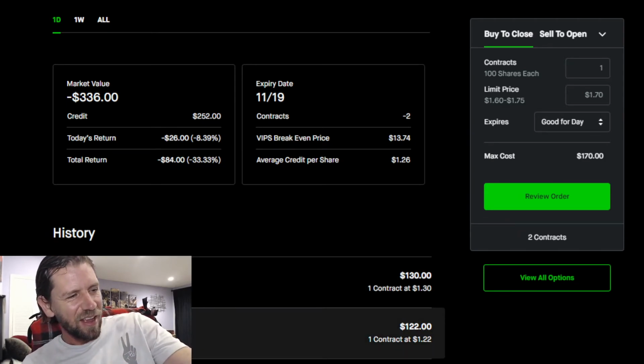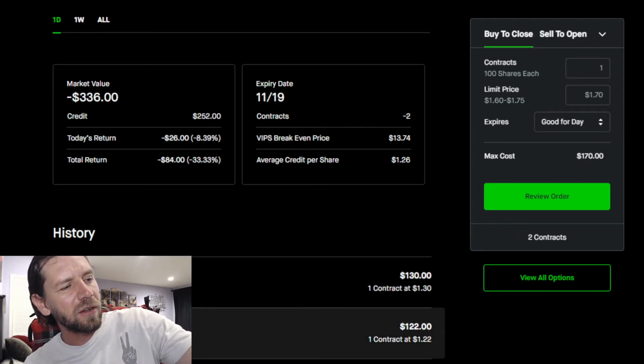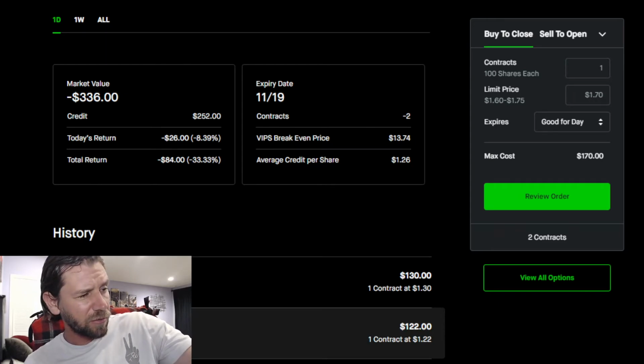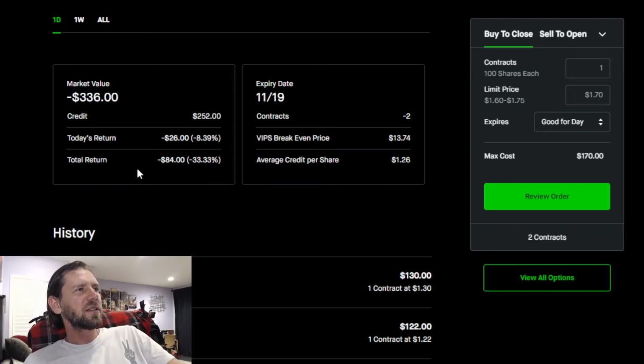Oh, you could miss out on opportunity cost. I mean, if you had just bought the stock itself, you could stand to gain a lot more than just $336. Right? If the stock explodes to the upside, you're missing out on all these gains, right? With the same type of money that you put in as collateral. If you had invested in stock, it could double, but here you're only earning $336 for